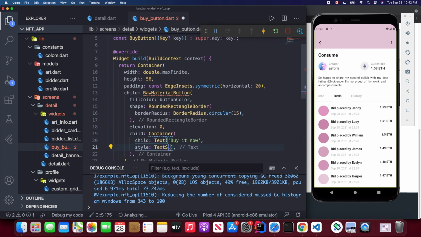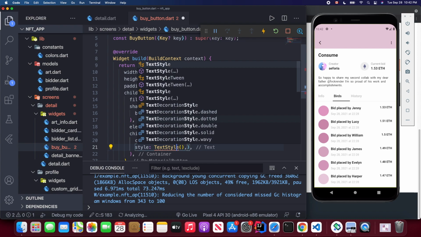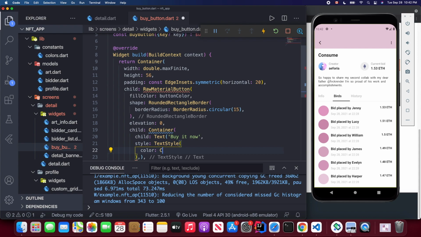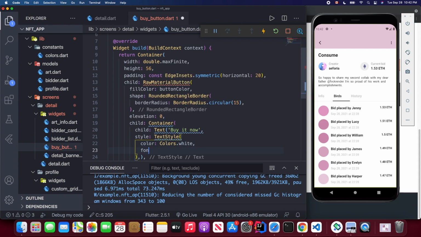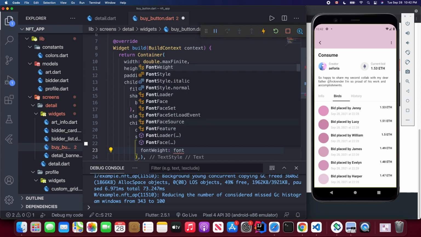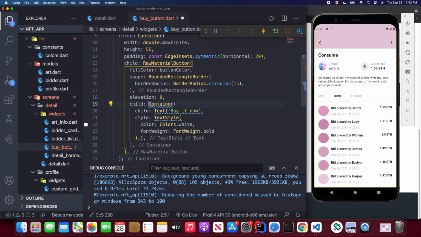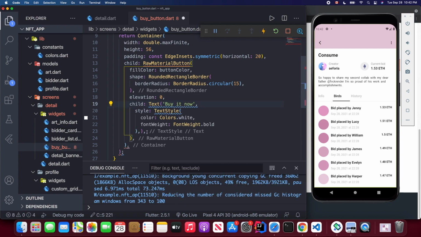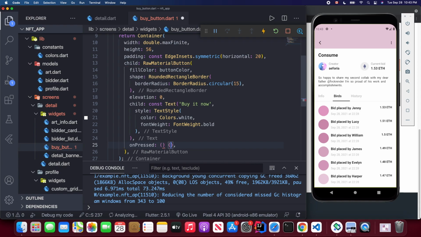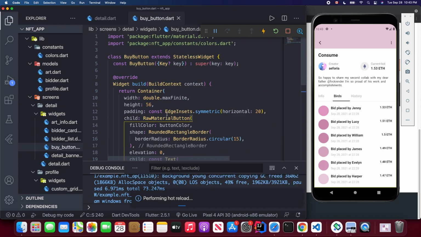Implement its style. So I'm going to use TextStyle. Change the color to white and also font weight to bold. Okay, I think this container is unnecessary, so we can remove it. But for this Text widget, I'm going to use a constant keyword, and also the onPressed method. I just leave it empty now. Okay,